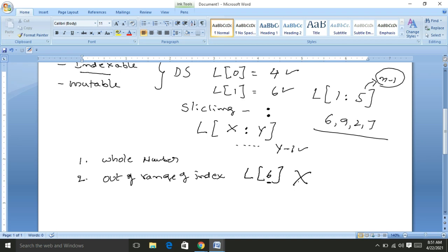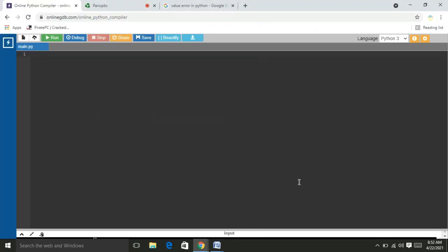Okay friends, to explain practically, I go to the Python online compiler. Now I create the list in square brackets: 12, 3, 45, 4, 23, 13, 6, 54, 56, like that.